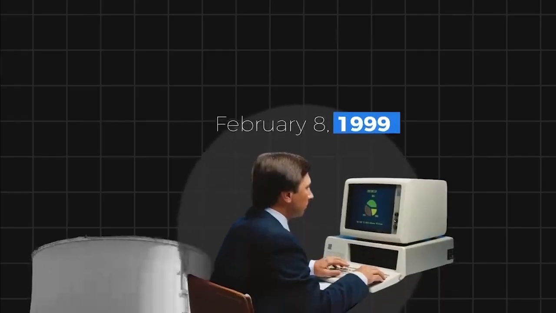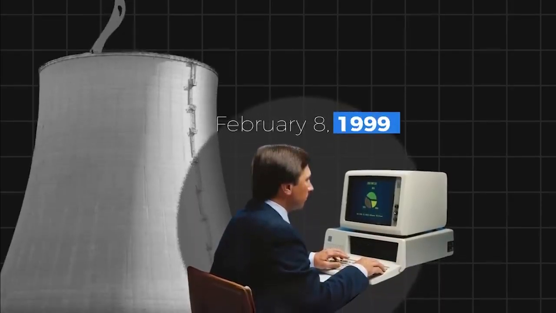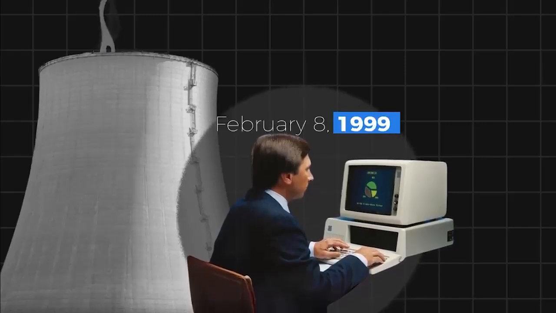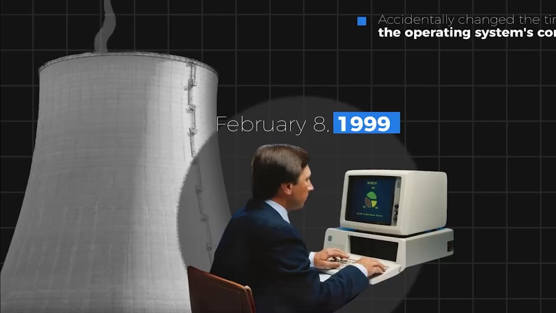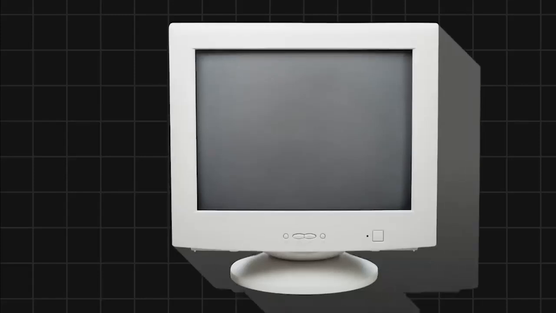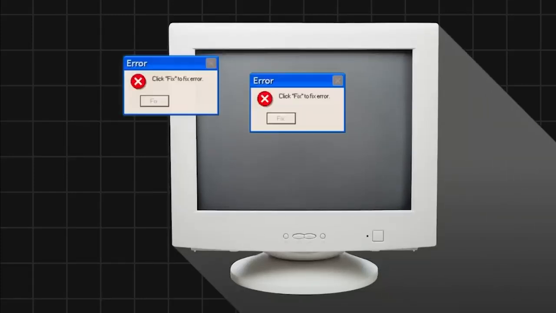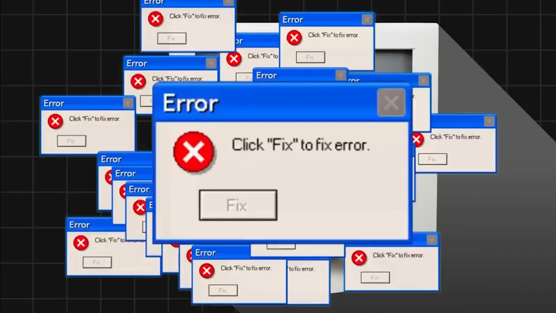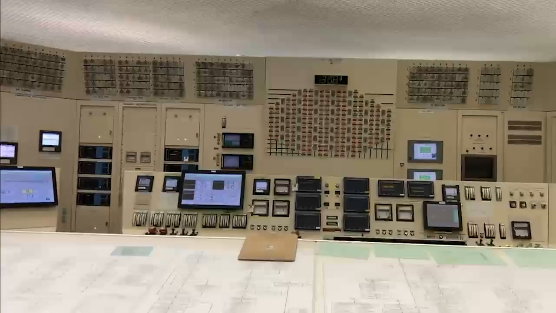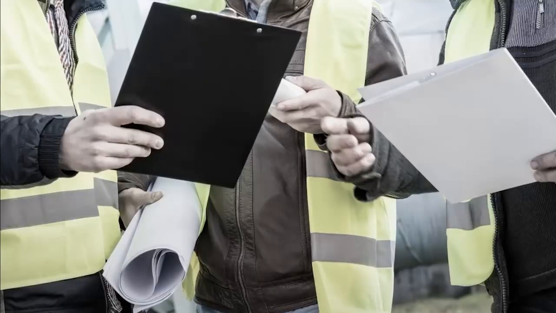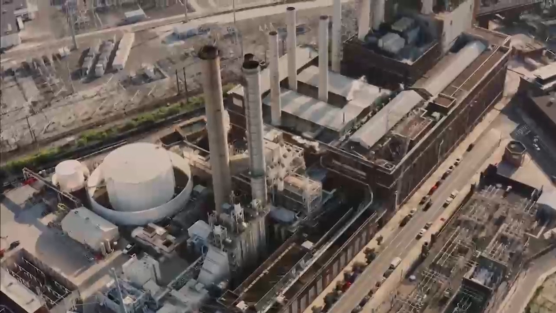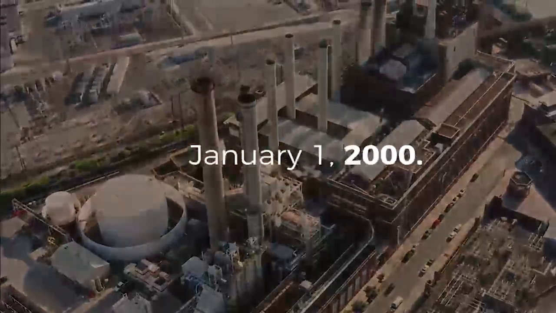On February 8, 1999, a technician at Peach Bottom Nuclear Generating Station made a mistake while testing Y2K compliance. Instead of resetting the time on the external computer used to simulate the date rollover, they accidentally changed the time on the operating system's computer, which monitors nuclear core rods. The computer had not been upgraded yet, and when the date was changed, it caused all the computers at the station to crash. It took about 7 hours to restore all normal functions. During this time, workers had to use outdated manual equipment to monitor plant operations. These incidents hinted at the potential chaos awaiting the world on January 1, 2000.